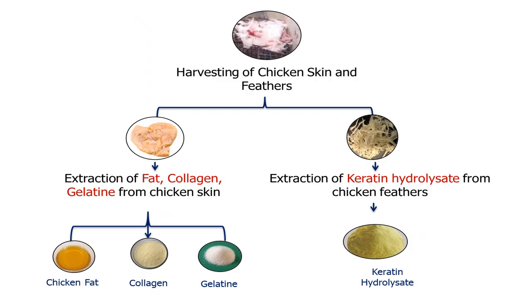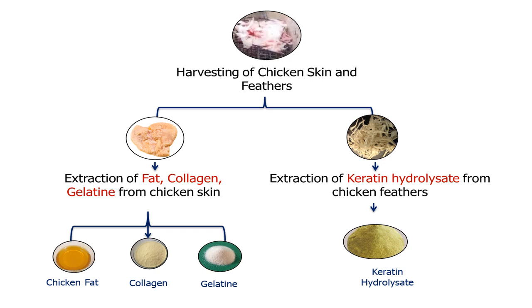Here we can see briefly the approach for utilization of the chicken skin with feathers. So first the skin and feather is separated as I have mentioned earlier. After that the skin will be further cleaned and the fat can be separated, and from the remaining skin we can make either collagen or gelatin. So from the skin part we will get chicken fat, collagen and gelatin, and in the feather part we can go